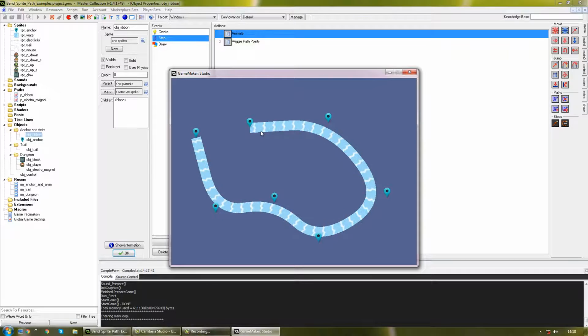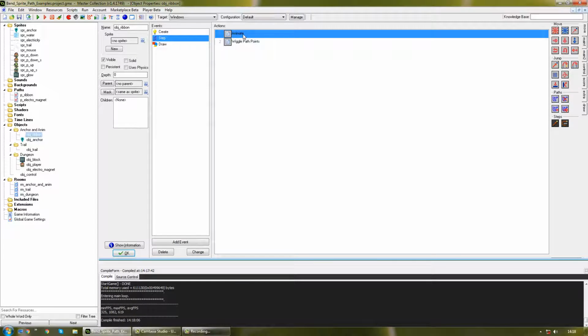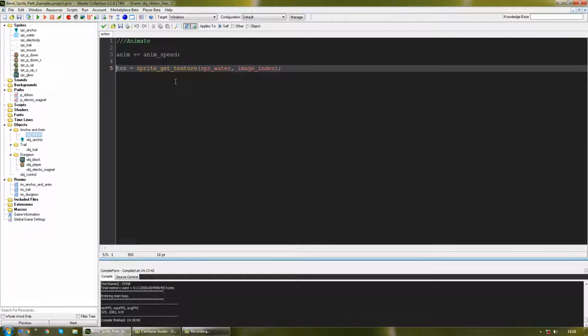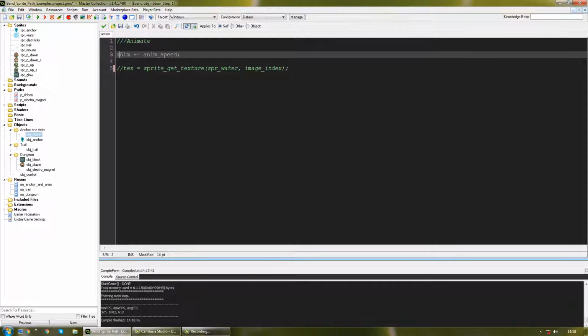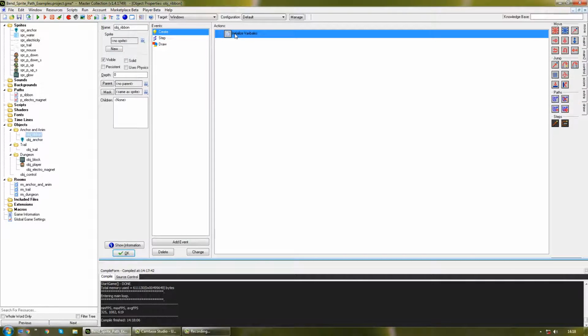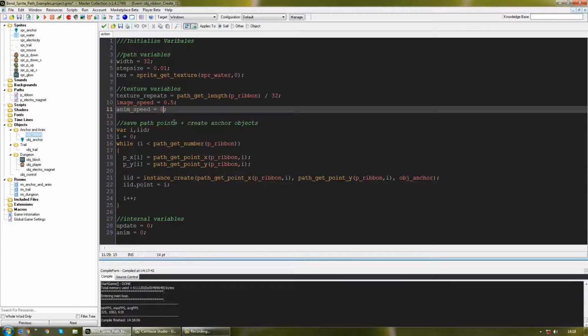animation. An alternative way to animate this water would be to not use the image index of the sprite, but actually move the sprite along the path. And that's what I do here. I have created a variable anim, and whatever the value of anim speed is, that gets added to the variable anim once every step. So let's set anim speed to 0.1,